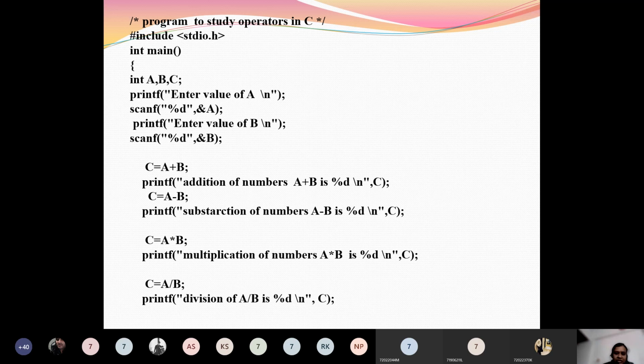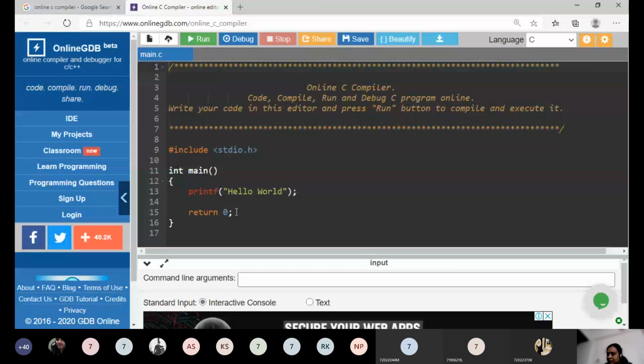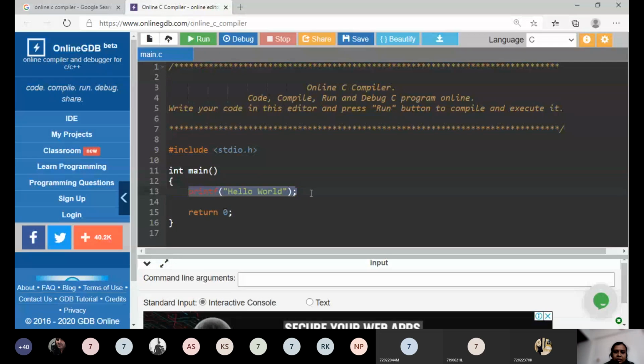So I will share the screen for the online compiler. So this is our online compiler.